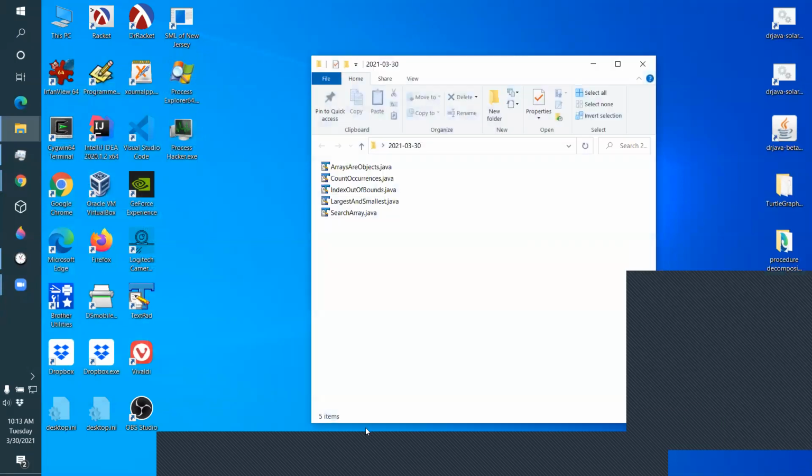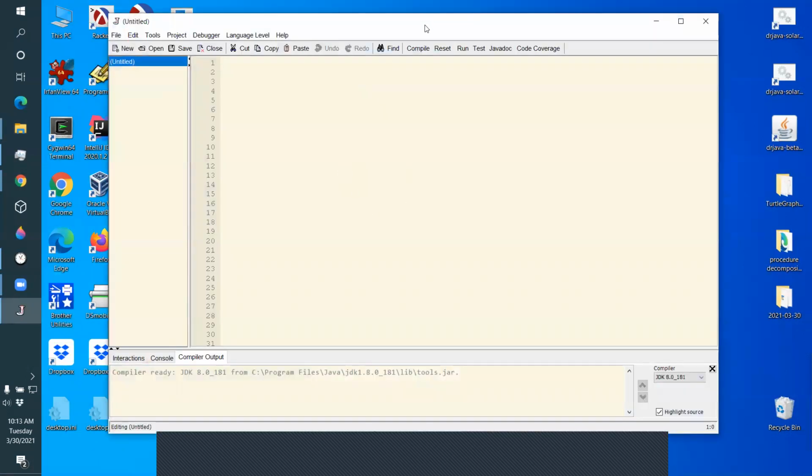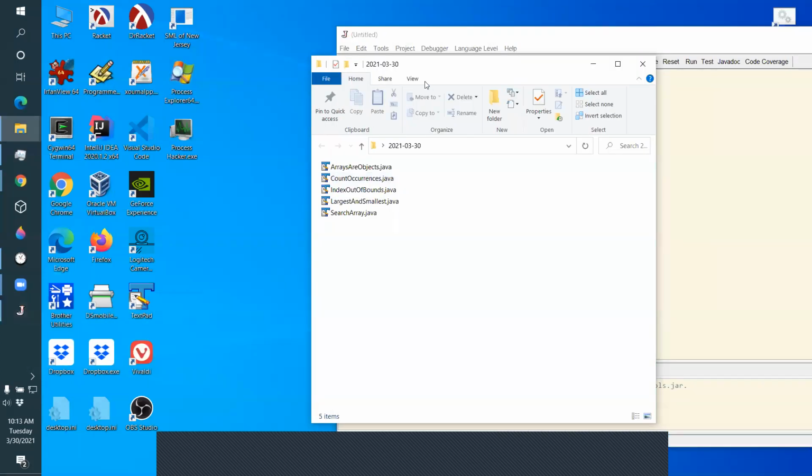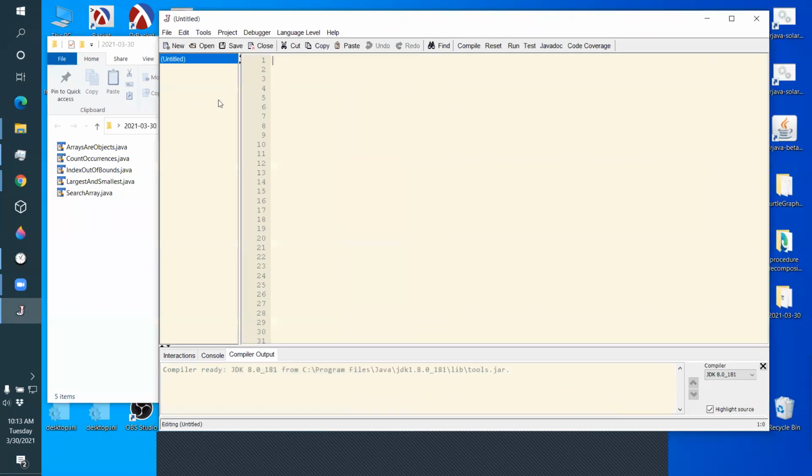Okay, got a little folder of some examples. Can open them in DrJava, and then some of them will do in DrJava, and some will do in the Java visualizer. Okay, so first,